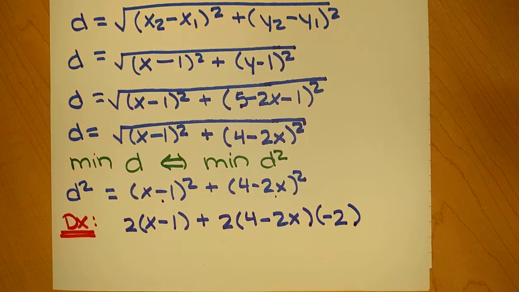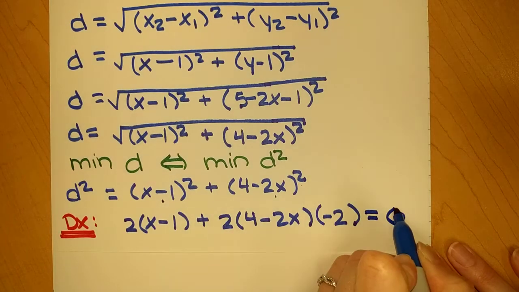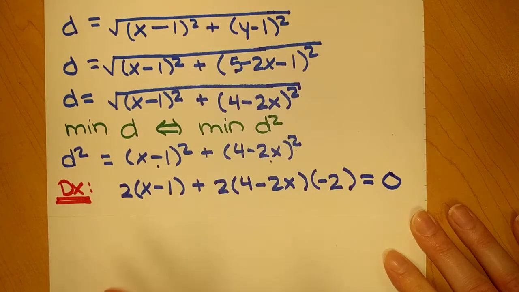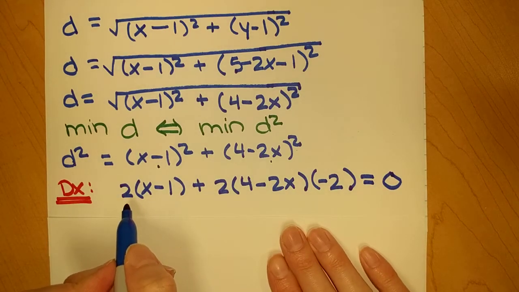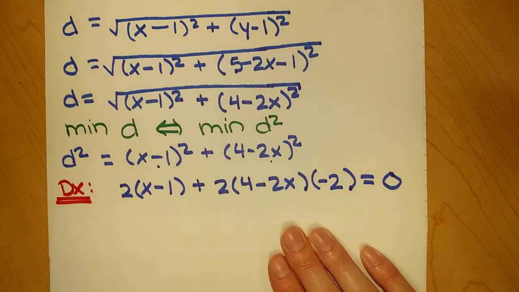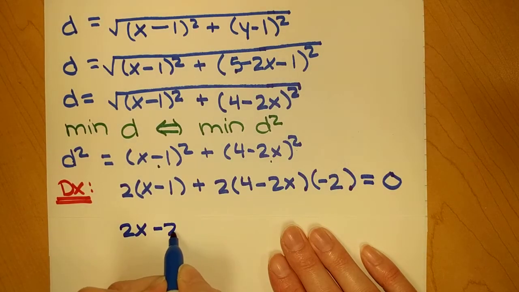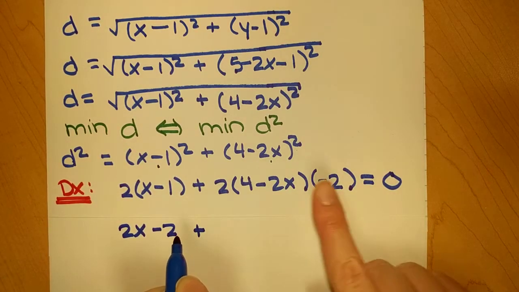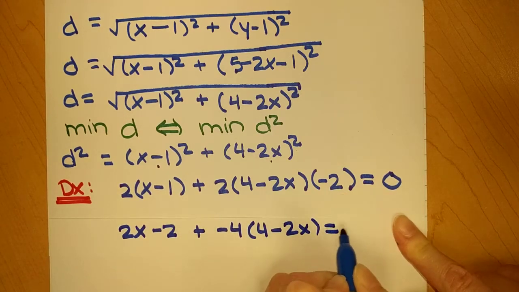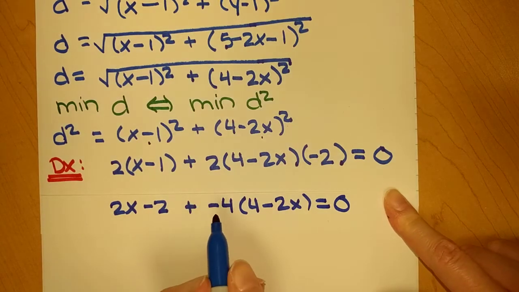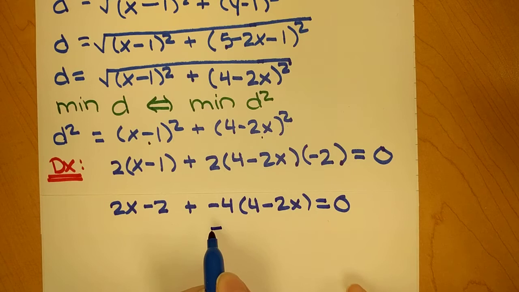Now, we want to find our critical numbers, so we take our derivative and set it equal to 0. In terms of solving this, you could factor out a GCF of 2, or you could distribute the 2's. It depends on how you want to approach it. I'm going to distribute the 2's here, and notice that 2 times negative 2 gives us negative 4 times 4 minus 2x is equal to 0. Distribute the negative 4 yet again to get negative 16,